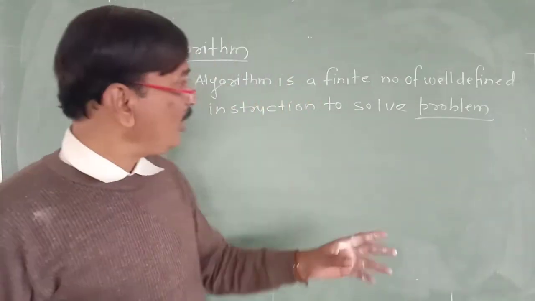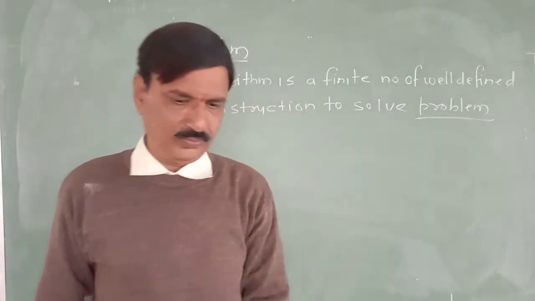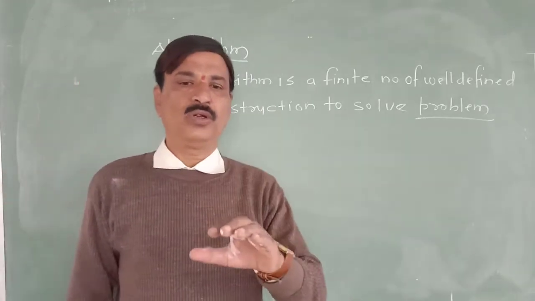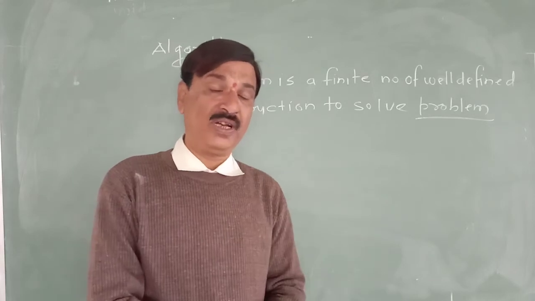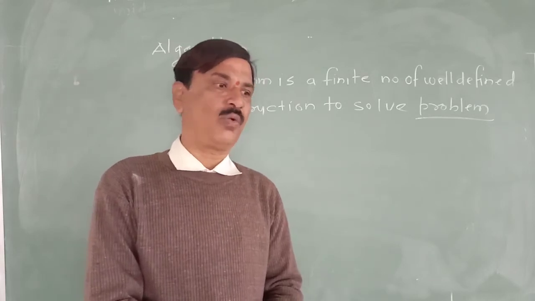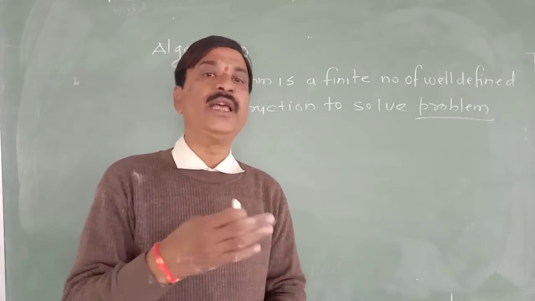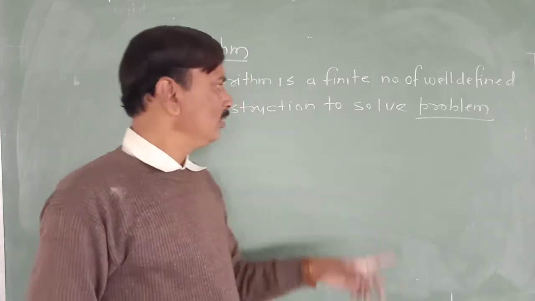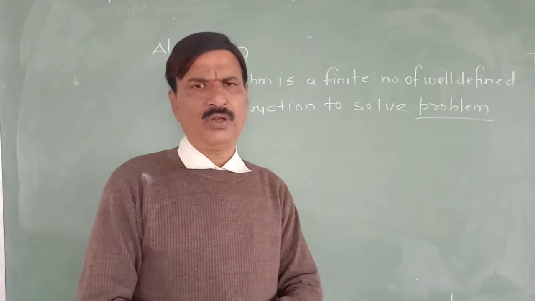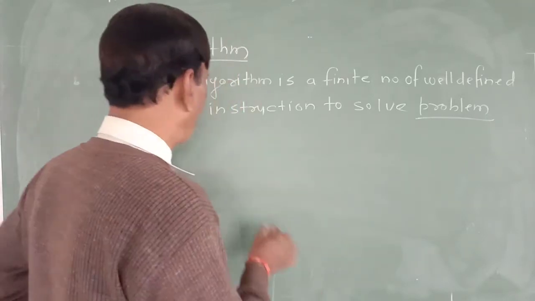So we have seen what the problem was. The problem was how to traverse. Which data structure was given? The data structure was a linear list, linear array. How have we traversed? We had written the steps. But that we have to write.